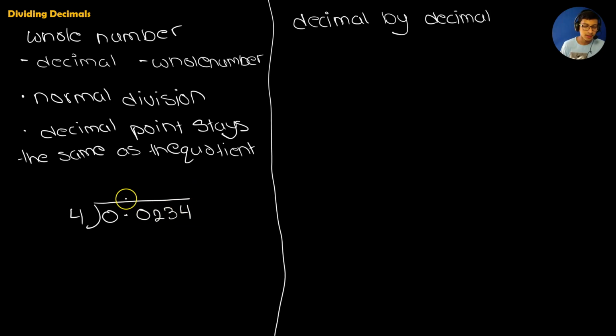Just remember, like last time, friends, we will be doing normal division, and the decimal point in the answer will stay the same as in the quotient. So we simply divide 0, 0, 0, 5,